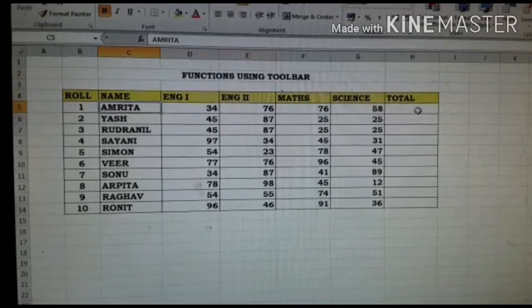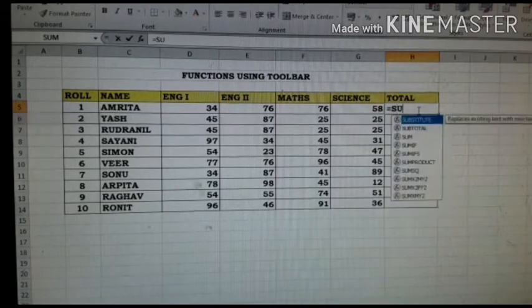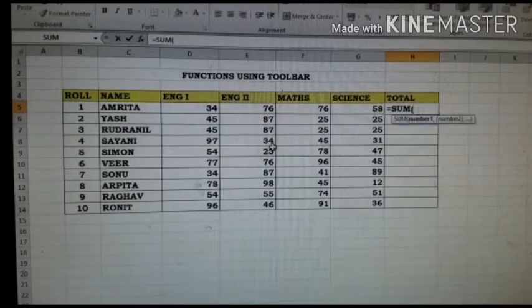Suppose here I am using the formula for adding marks. What will be my formula? =SUM( my first cell, that is D5. I am putting the colon, meaning the range I am going to select.